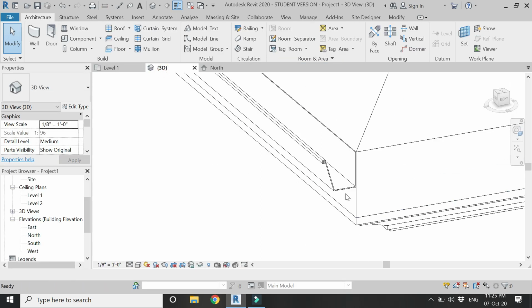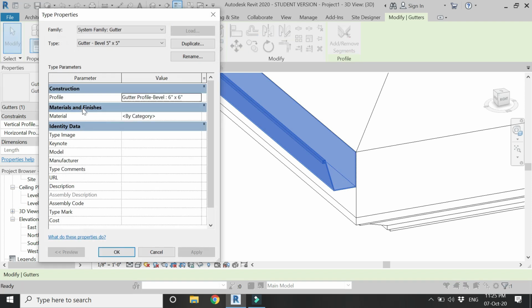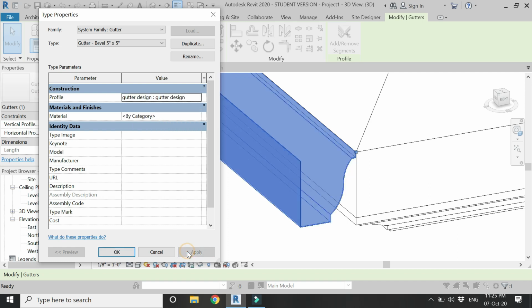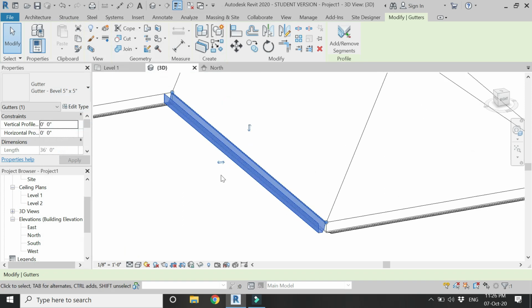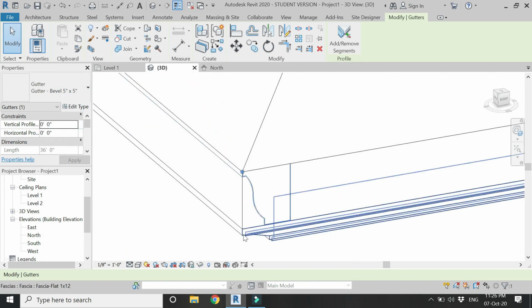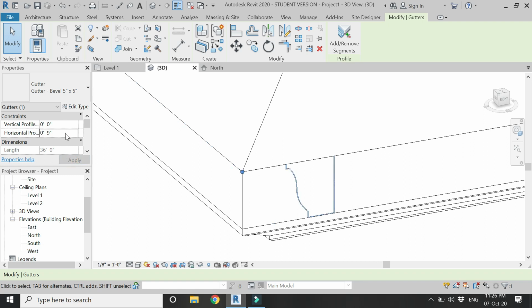Go to the 3D and select this, click on edit type, and from here select the profile which you have just designed. Click OK, and you can see it is placed something like this. You can mirror it by using the blue arrows, and if you want it, it is again placed in the wrong direction. So if you want, you can change the position of the horizontal profile by adding the values